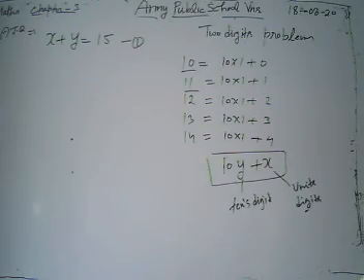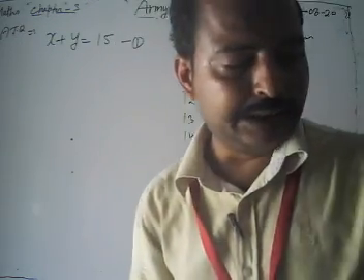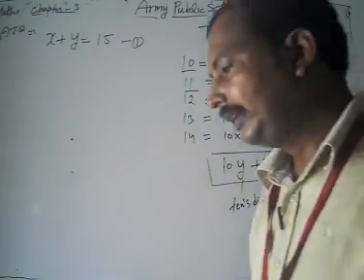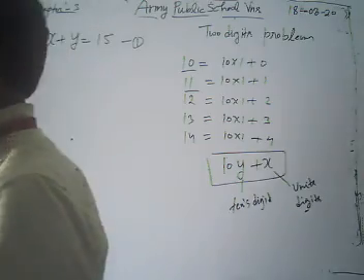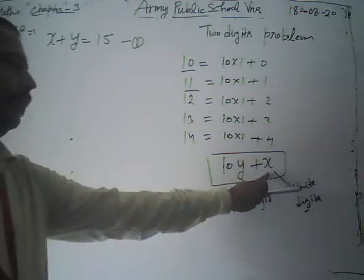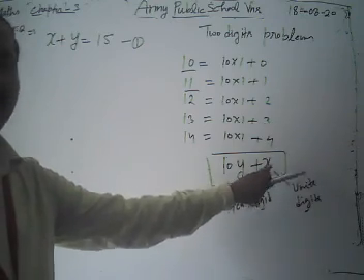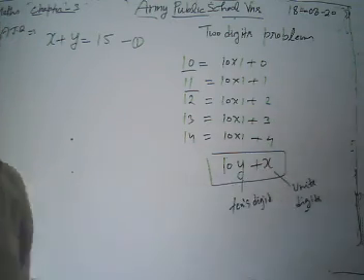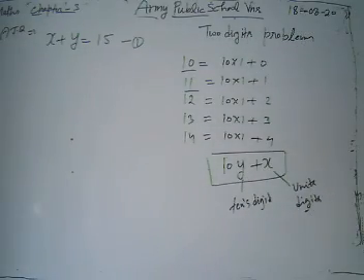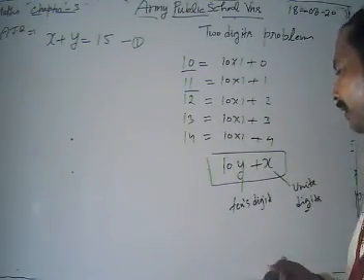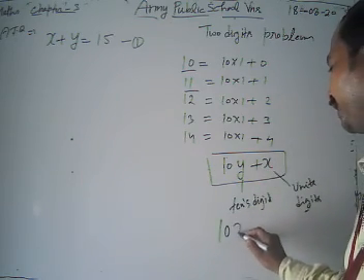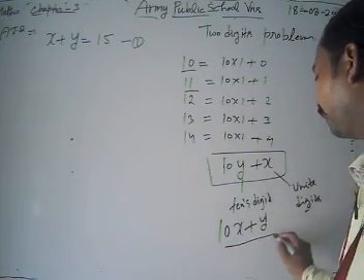The number obtained by interchanging the digits exceeds the given number by 9. In our second line, it's given that whenever we change our digits, meaning we change y by x and x by y, we are interchanging our tens digit and units digit. Then what is our new number? When we change our digits, our new number is 10x plus y. This is our new number.